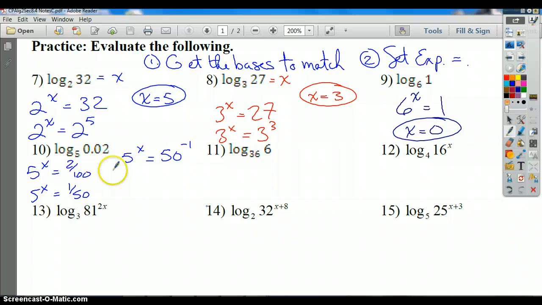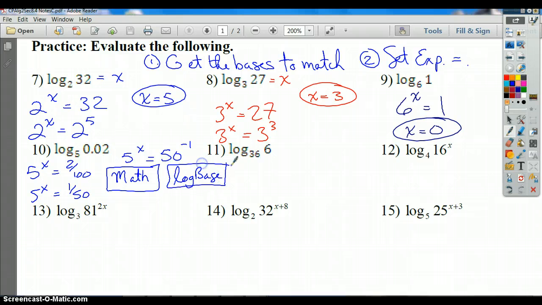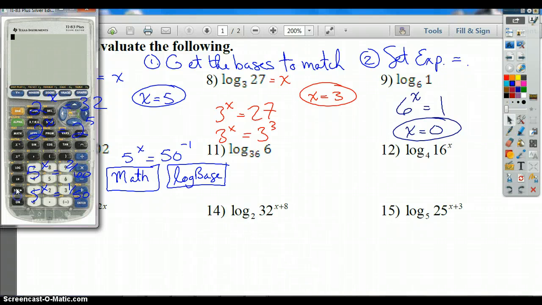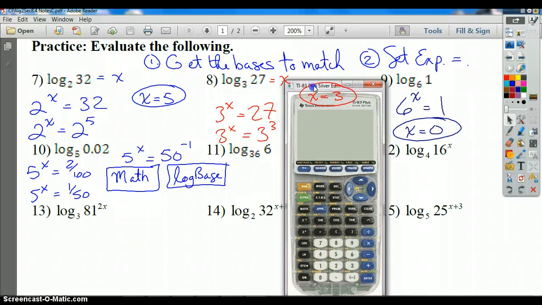On your calculator, you would want to hit math, and then go down to log base. My calculator is a little bit different, so I have a life a little more difficult than you. Because when I hit math and I go down to log base, notice it's not here. So what I have to do is do this the old school way, which would be log